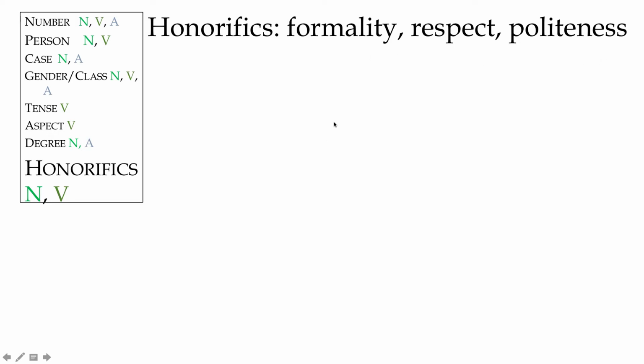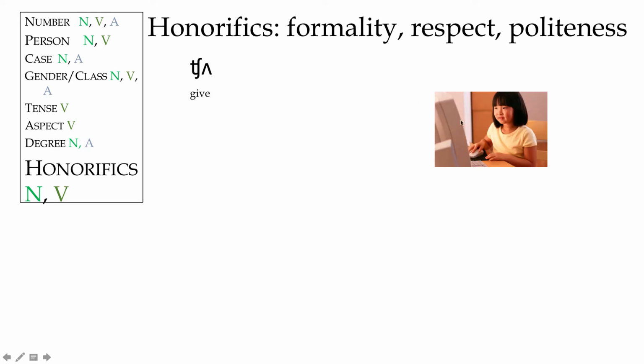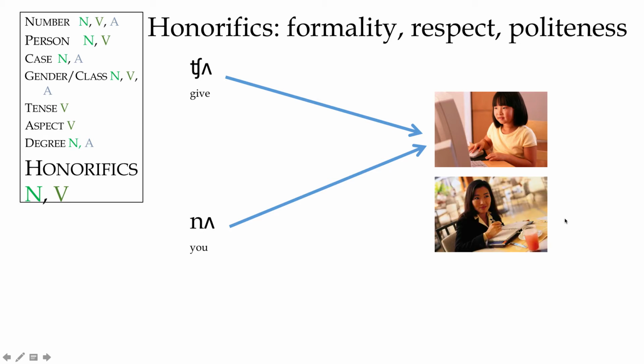Some languages actually really exploit this system. So in Korean, if I'm saying the word give to a smaller girl, I would say 줘. If I was going to say you to this small girl, I would say 너. This is the pronoun that I would use for this. So these would be the things for low honor. I don't have to really honor small children in this culture.